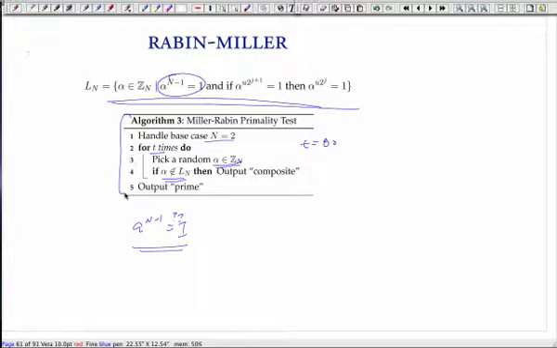During my grad school tenure, these 3 people from India, AKS, 2 of them, the A and the S, were undergraduate students. Very smart advisor, though. Those 3 figured out a deterministic way of checking for primality. It was basically the best result of 2002 in theoretical computer science. So it solved the major open problem, can you do this deterministically?